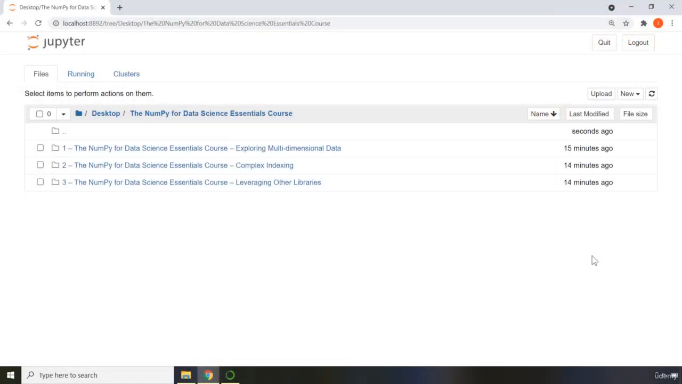In this Essentials course, we're going to talk about NumPy, what it is, and how we can work with it, what it represents, how powerful NumPy can get. So in this course, the NumPy for Data Science Essentials course, currently at the time of recording, we have just